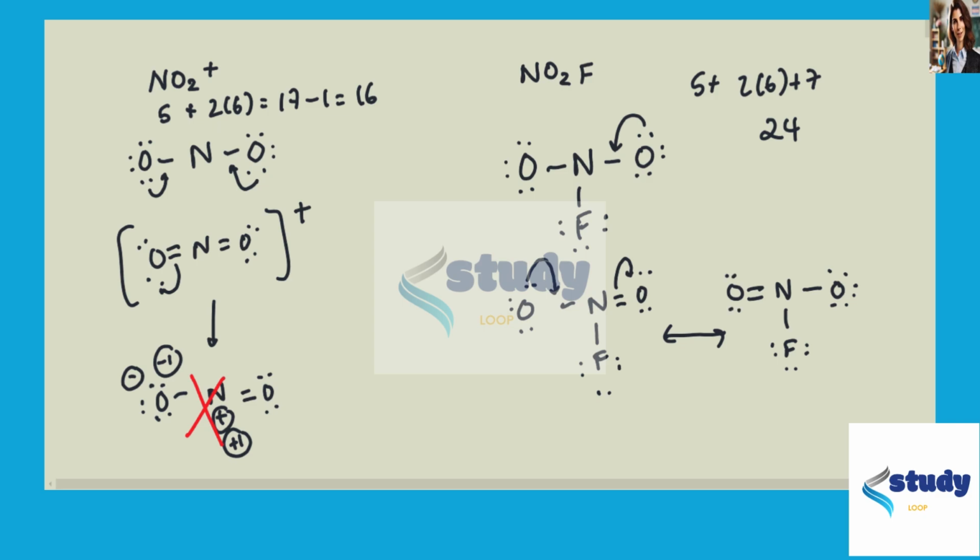And now what you'll notice is that we have our 2 important resonance structures. There's nothing else that can really form because our fluorines cannot form any double bonds, and so therefore this will represent